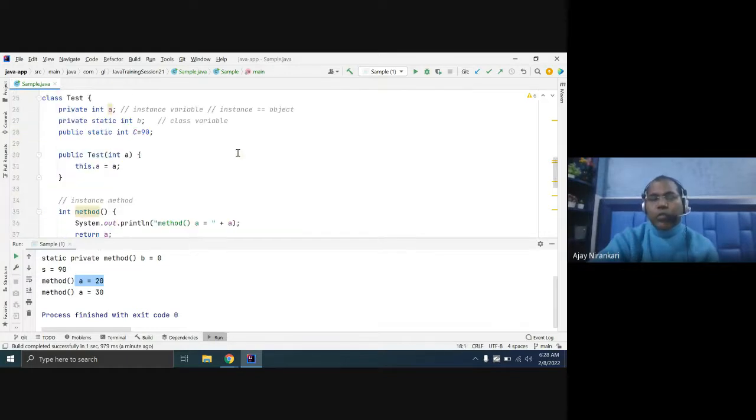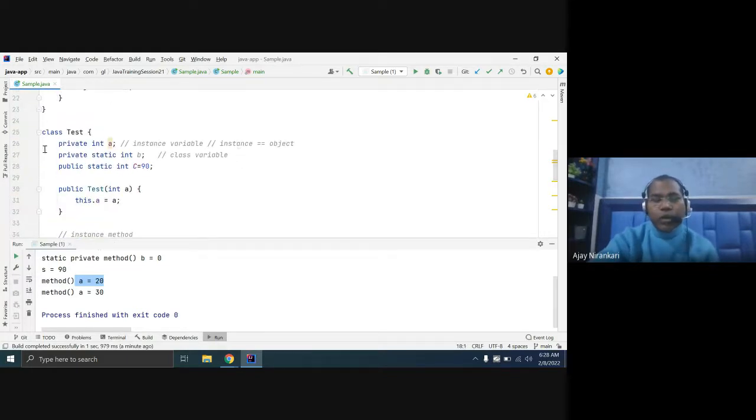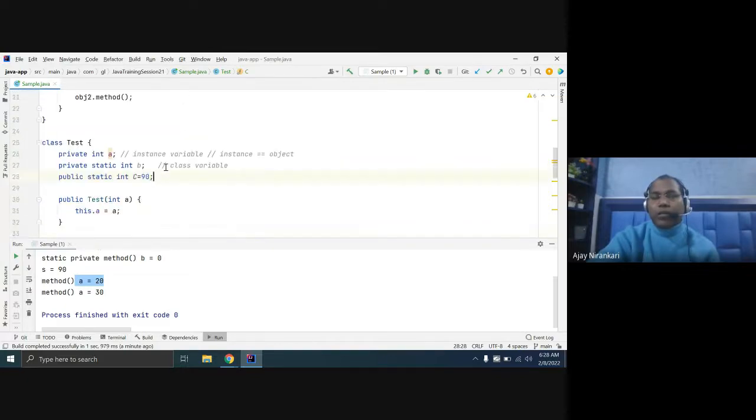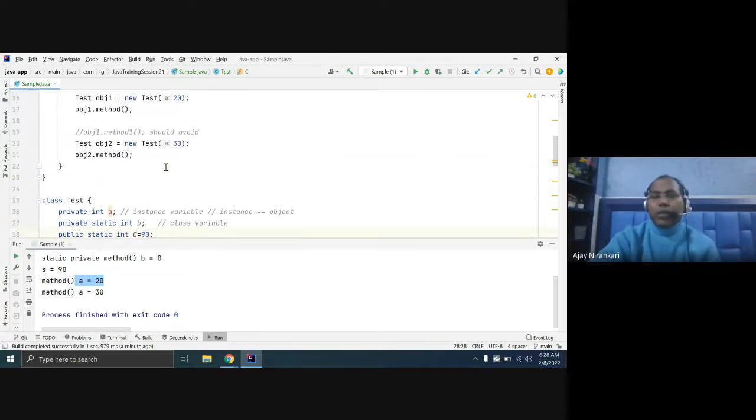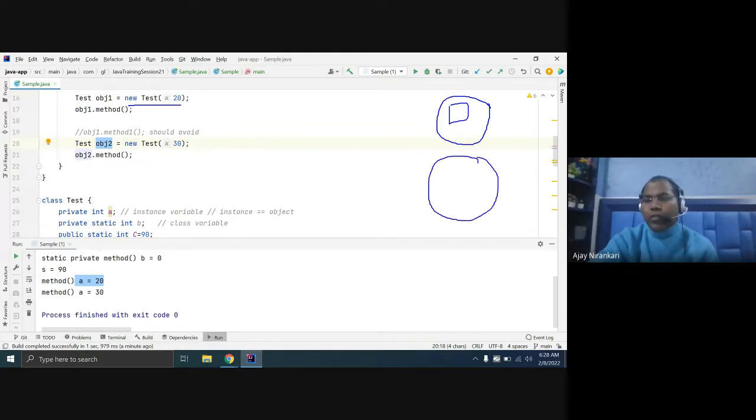So please note, with an object only instance variables are bound. Static variables are not bound with any object. They always have only one copy, you can say. In the test class, whenever the test class runs, for each new object, memory is created and one place is allocated for a. Similarly, another new object gets new places, so two memory references for your instance variable.